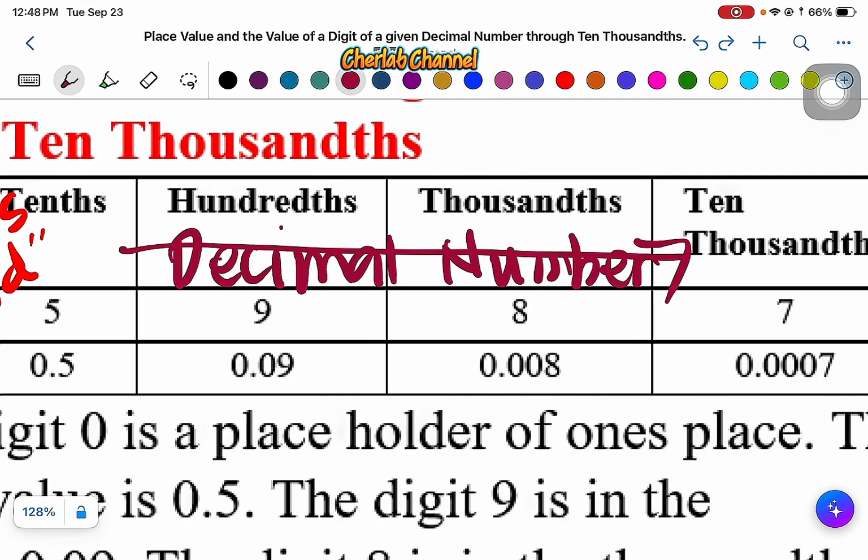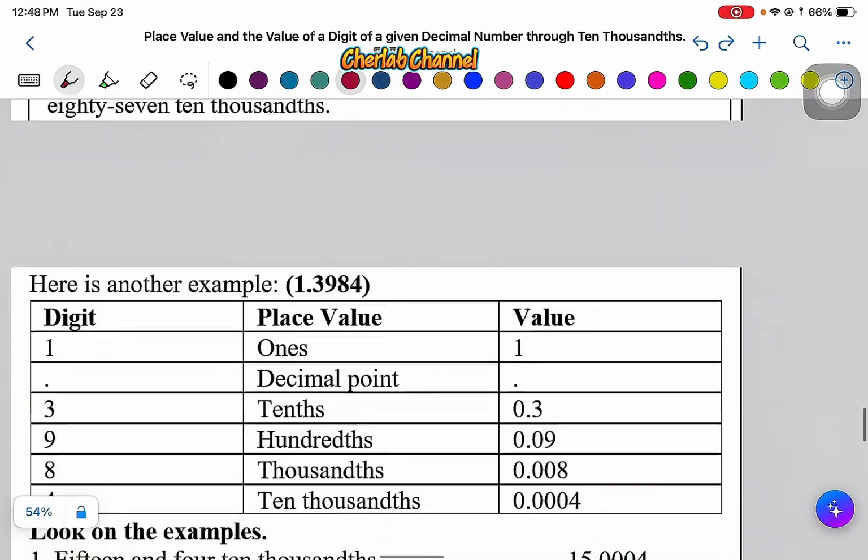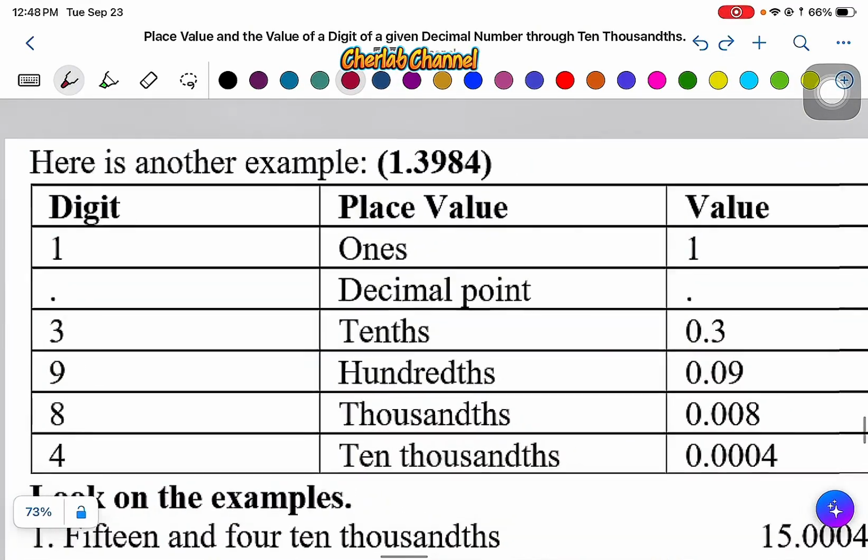The complete way to read that decimal number is 5,987 10,000ths. Okay, we will add the word 10,000ths because the last digit, number 7, falls under the 10,000ths. So for you to understand it better, let's have the example